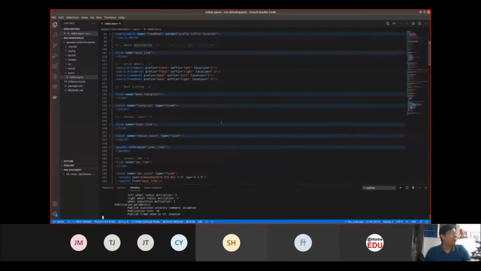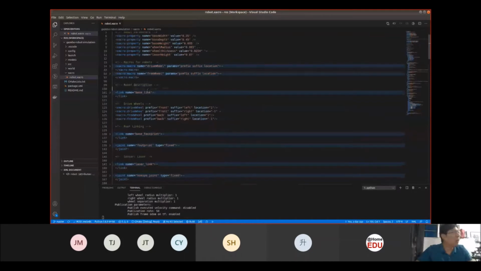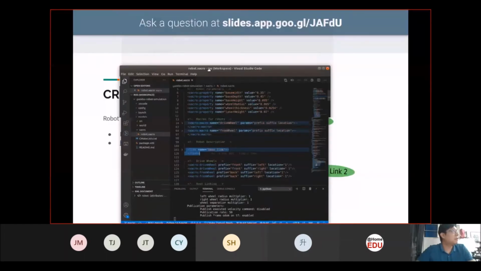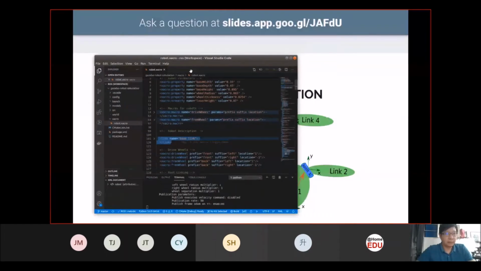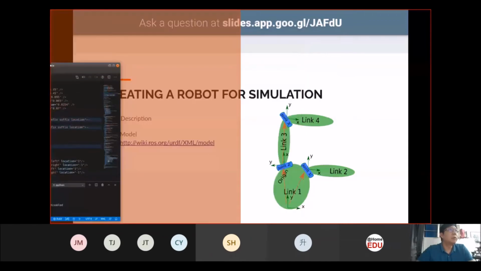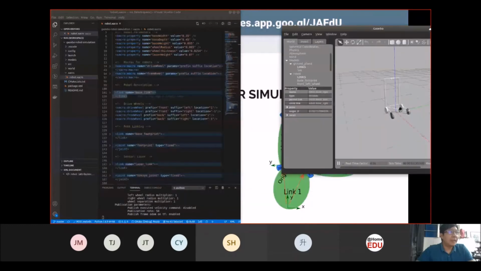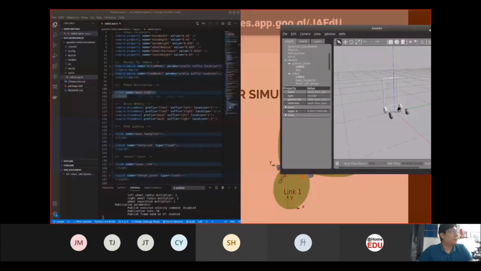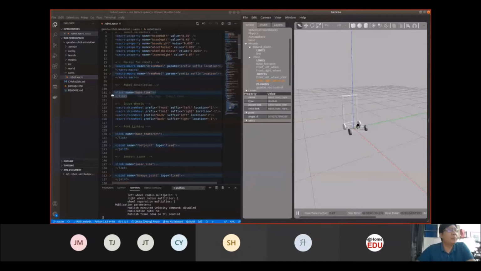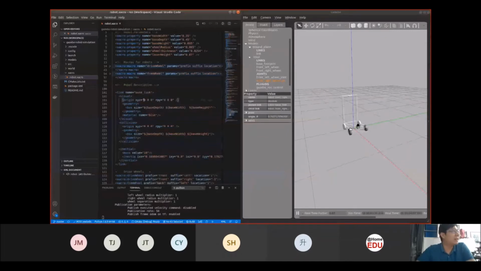So if you are building your robot, you always start with the base link, so the base of the robot itself. So if you notice over here, what we have is just a rectangular base.